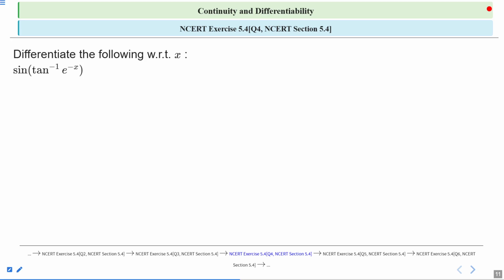So how can we solve this? Again, we will apply chain rule. We have to apply triple chain rule here. Clear? First, we have to differentiate sine of tan inverse e to the power minus x, which will be equal to cos of tan inverse e to the power minus x. Again, we have to differentiate tan inverse e to the power minus x, and after that, we will have to differentiate e to the power minus x, right? Clear? Again, you have 50 seconds to solve or think about this question. After that, we'll move to the solution part, right?